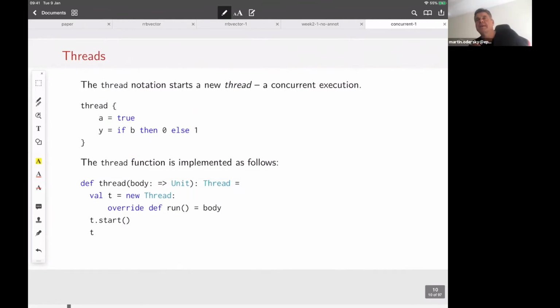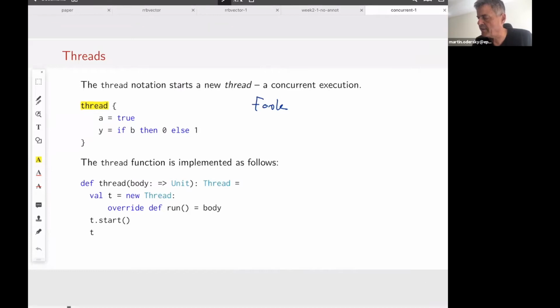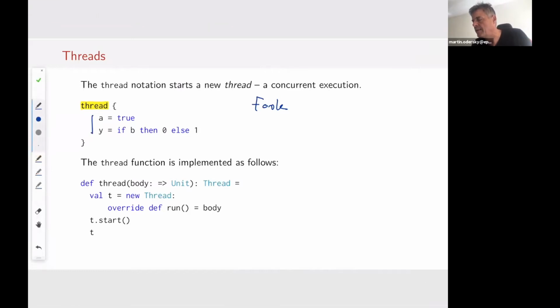So how does a concurrent execution get specified? The way we're going to do it is to postulate a method thread, that takes as its argument a sequence of statements, a block, and it will execute these statements in parallel with the thread that launched it. Some languages call it a fork, so that would have been another name. So thread essentially does a fork, and now there are two threads: the one given in these braces here, and the main thread that launched it. And those two execute concurrently.